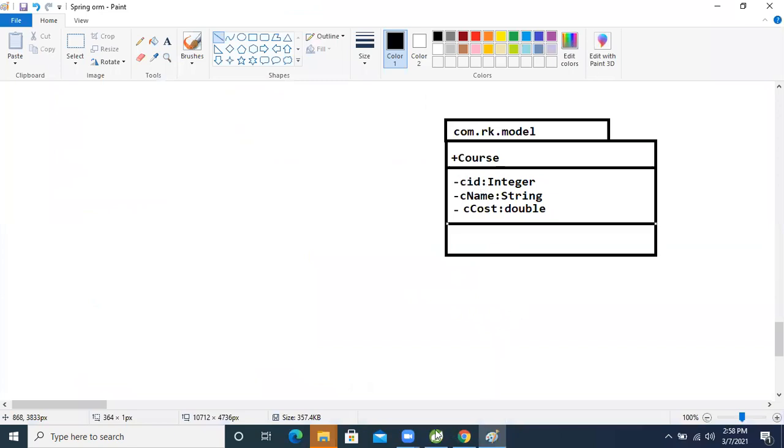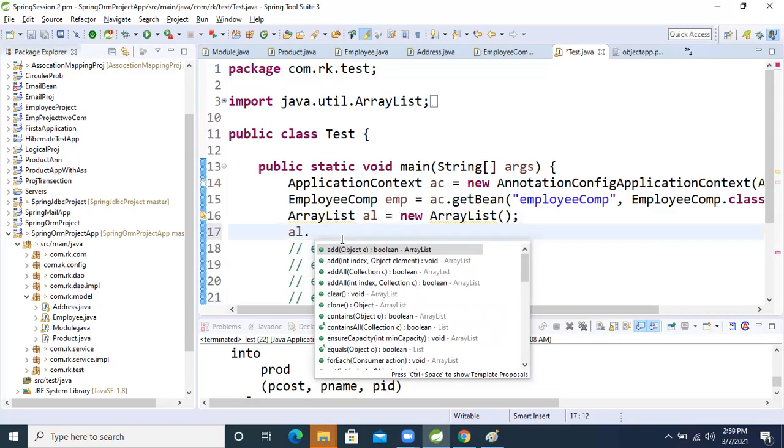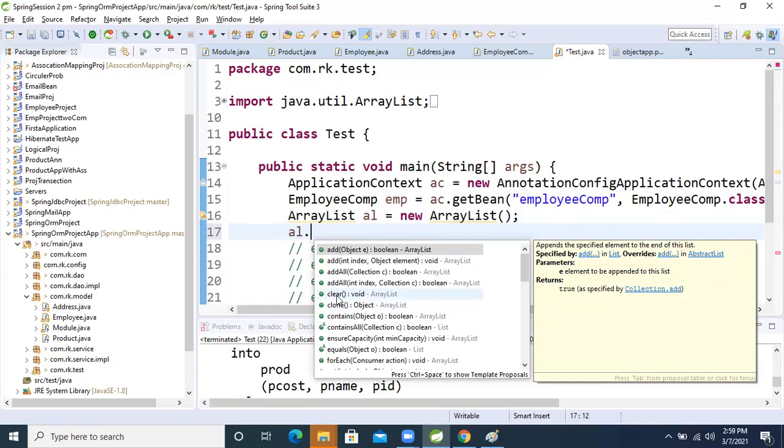Come to our Eclipse IDE also. What is that? See, the clone method. The method name is shown there, method name only, right? That means the identifier is taken first, then the return type, then in which class? ArrayList class, right? Here the method is size, and its return type is what? Int, right?